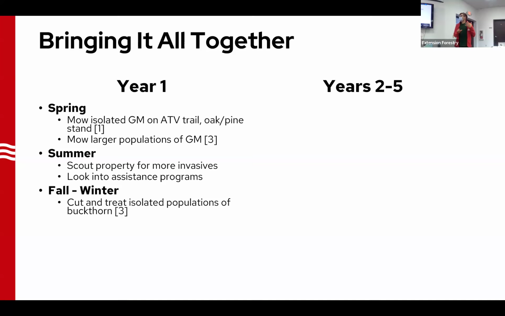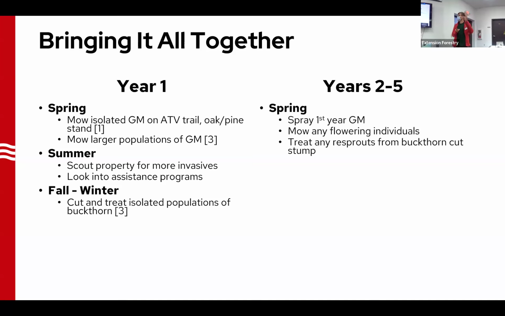In the fall and winter, I would cut and treat those isolated populations of buckthorn. Moving on to the spring, I would go back to those areas that I did treatment, remembering that oftentimes there can be invasive seeds in the soil. So those could re-emerge after year 2. So we just rinse and repeat, mow any of those garlic mustard populations that we see. And then we could treat any sprouts from that buckthorn cut stump treatment that we did in the winter